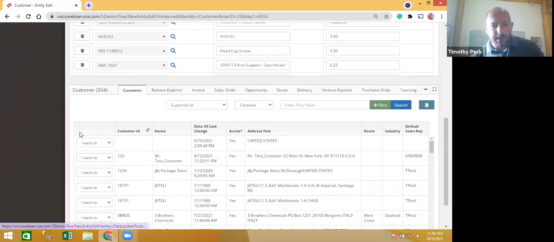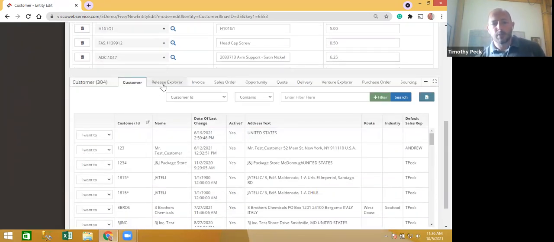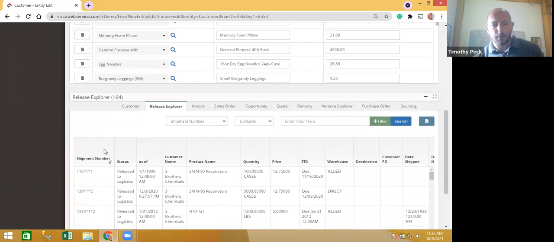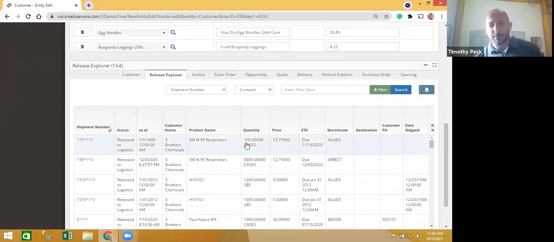But what I was going to mention is down below, there's similar information here. So we have the sales history. That Release Explorer is the sales history for this customer, what products we've sold them, quantities, pricing, when it shipped out, that kind of thing. Invoice history, sales order history, quote history,